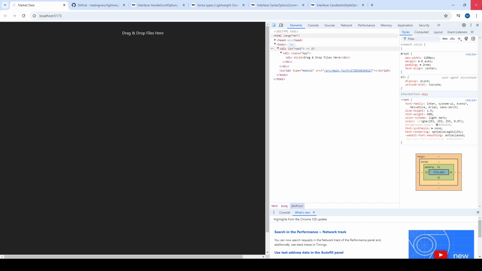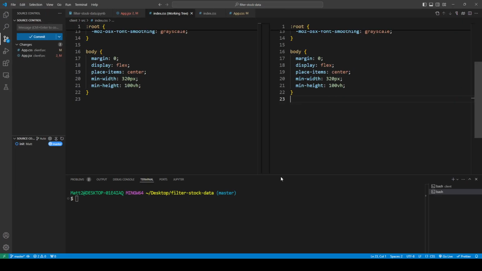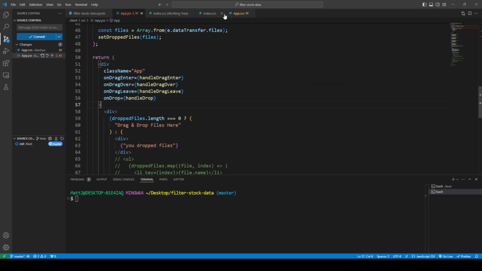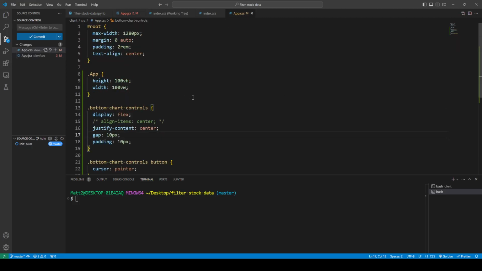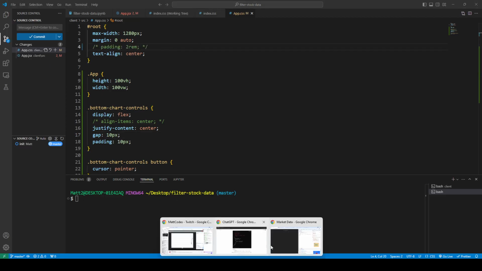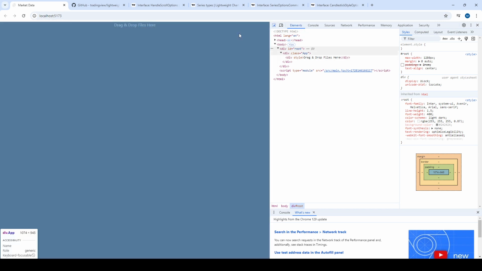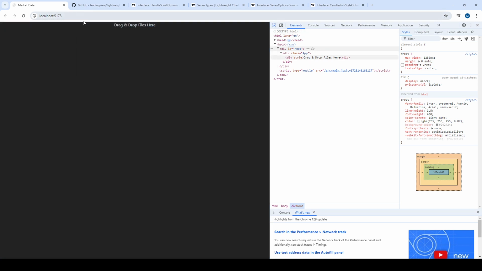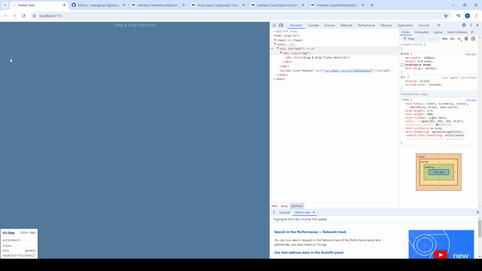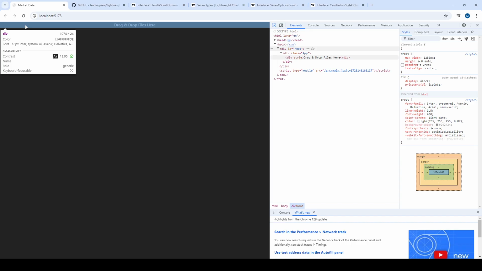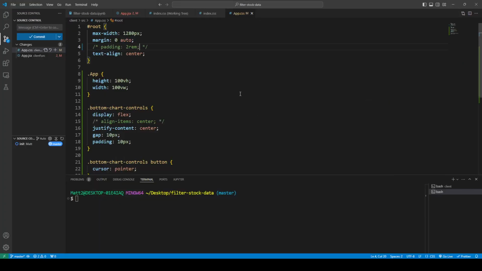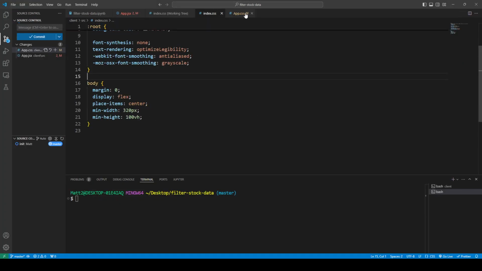Root, let's remove the padding. Okay. There we go. Drag and drop files here. Yeah, I don't care about that. Alright, so now